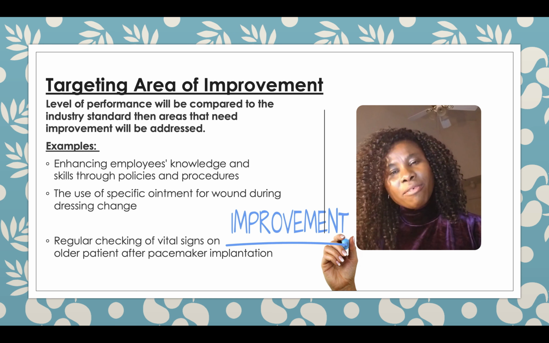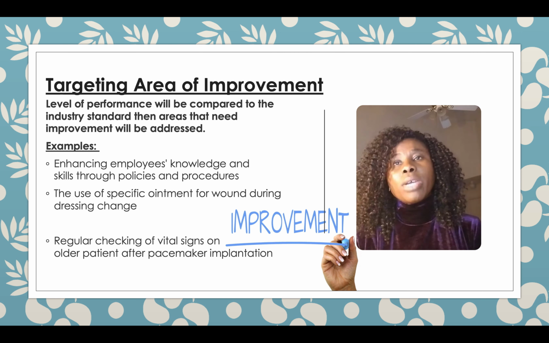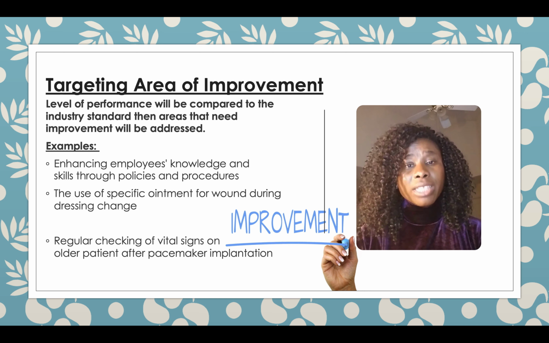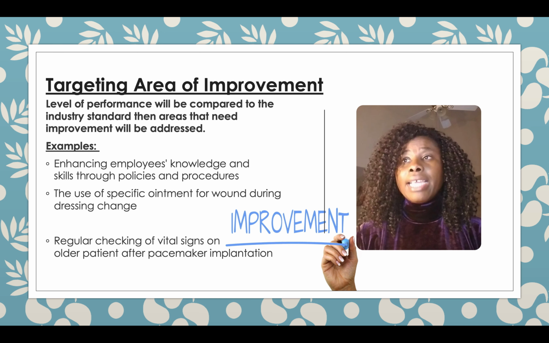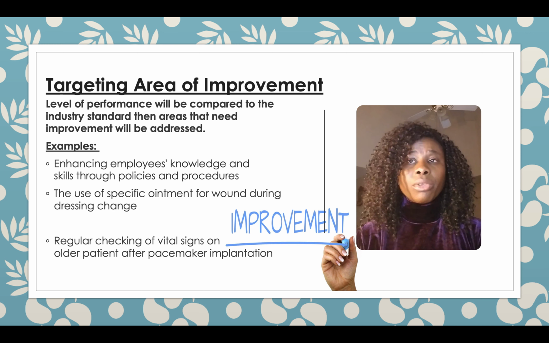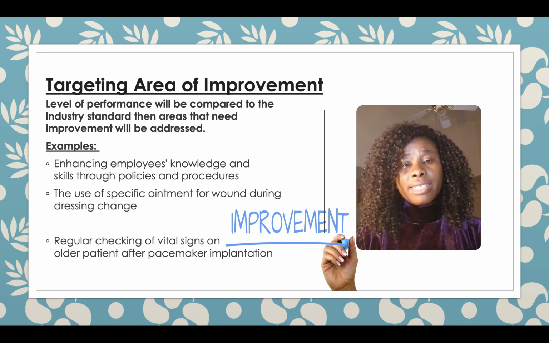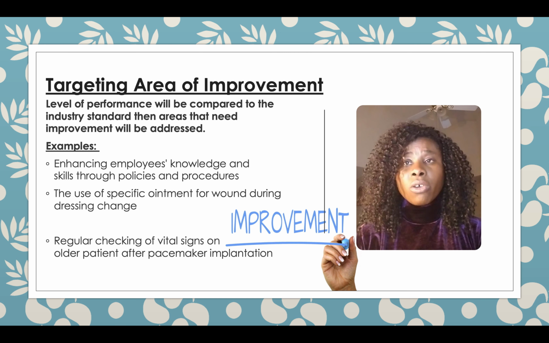Targeting area of improvement. Targeting area of improvement takes place when the level of performance by the organization is being compared to industry standard, and areas that need improvement will be addressed. Example of that is enhancing employee knowledge and skills through policy and procedure, the use of specific ointment for wound during dressing change, and by doing that, we